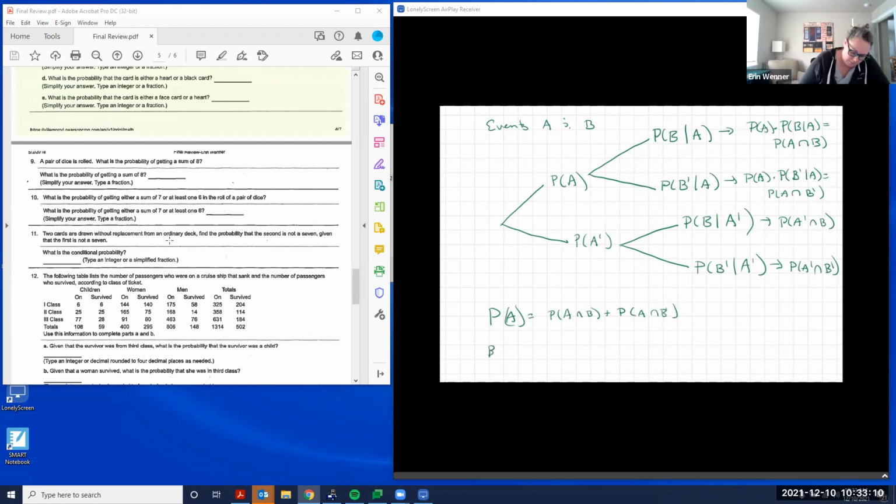If we wanted the probability of B, then we would be adding the probability of A intersecting B plus the probability of not A intersecting B. So this goes back to those conditional probabilities that we were talking about in chapter 7,